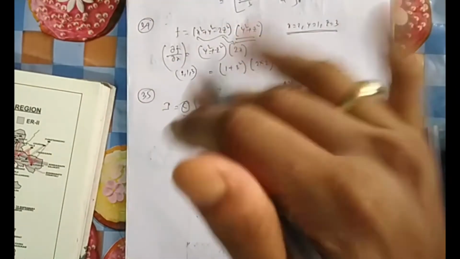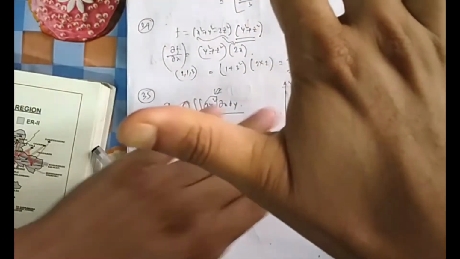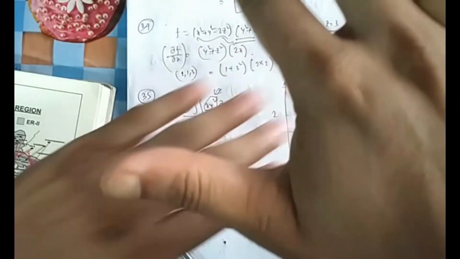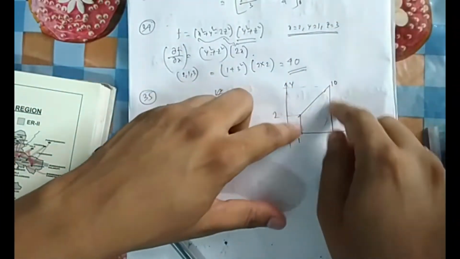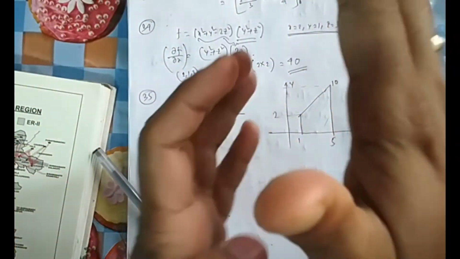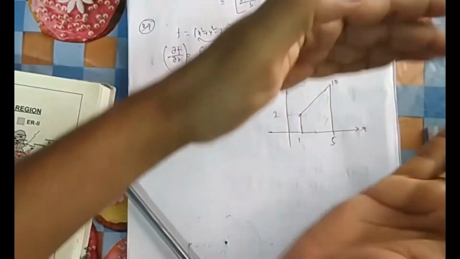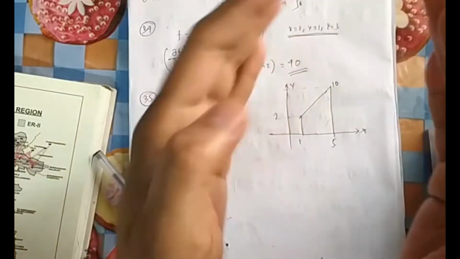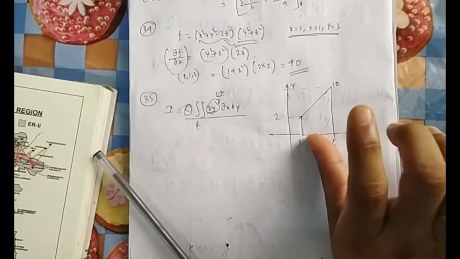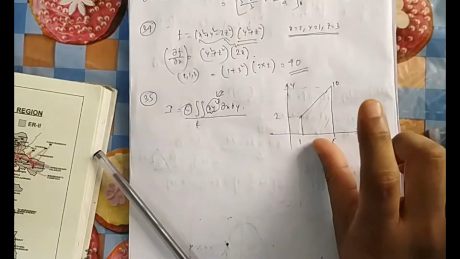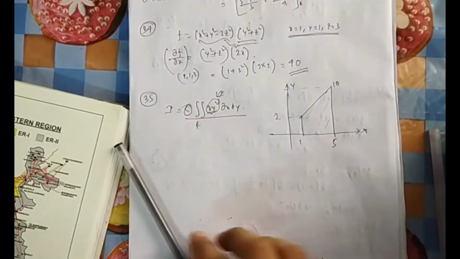This function is always lying in the sky. This is the function. You can see my hand. This is the function and this is the base. On top of it, this function lies. So this is the top of the cake, you can think. So this is the base of the cake. So you need to find again a volume, again a piece of cake. You have sliced that cake into this and this portion. So you are finding the volume only, volume of that cake. Double integral means you will be getting the volume only.